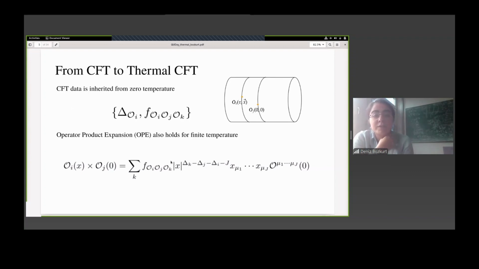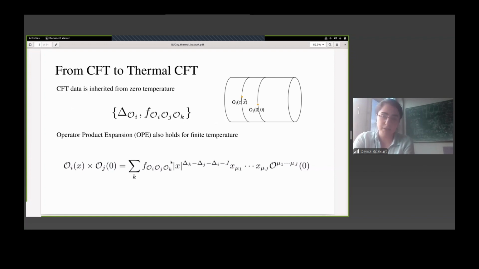But we still have these quantities, particularly as they appear in the operator product expansion. So this CFT data, we take it from zero temperature, and we should also keep in mind that the OPE between two operators